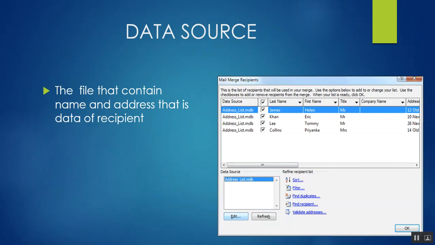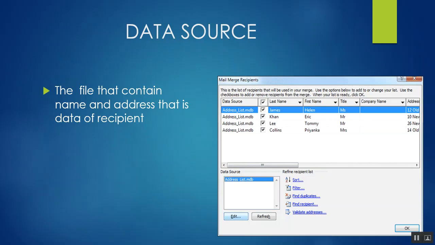While the second document that is needed for mail merge is called the data source. The data source is basically the file that contains name, address, that is, data of the recipient to whom you want to send particular information.